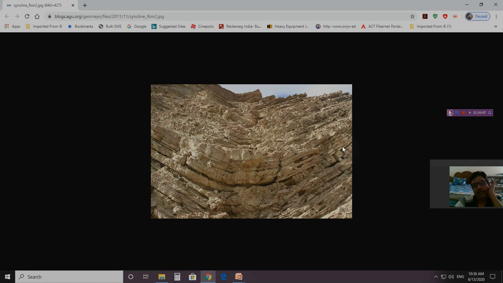Now in this syncline, regarding oldest and youngest strata, here you can't really appreciate how old it is. Here also this is the oldest, and this is the youngest. Here the youngest is in the center. I will give you one more photograph where I don't have to explain why the youngest will be in the center. You see, the youngest is in the center.